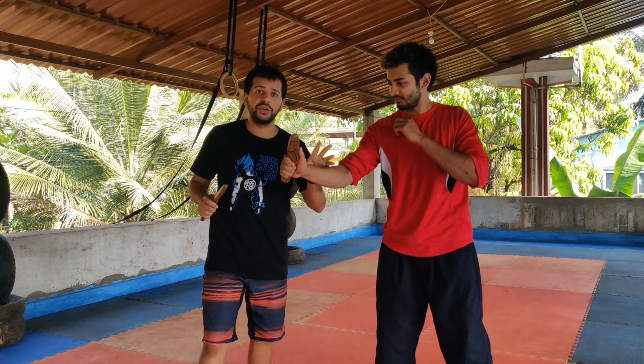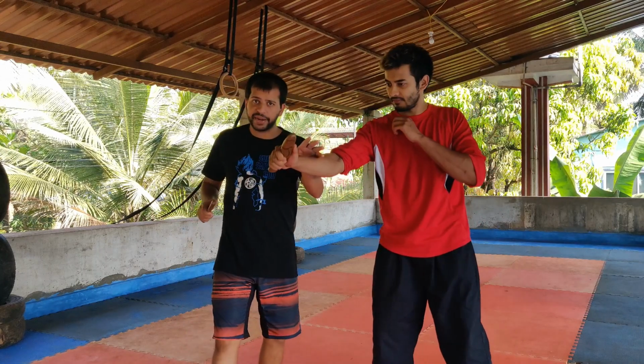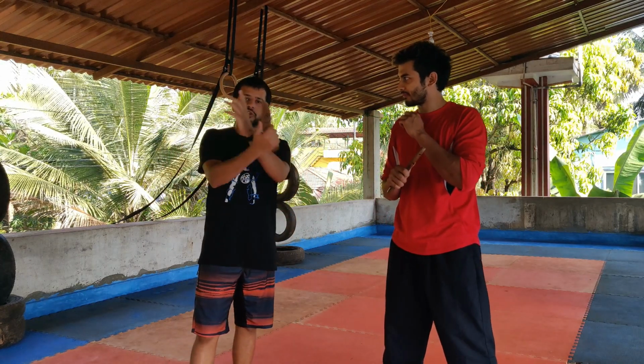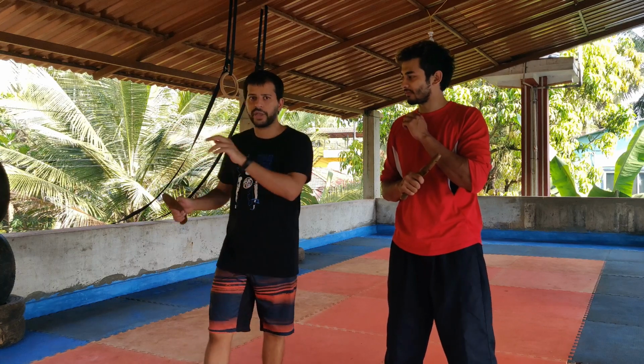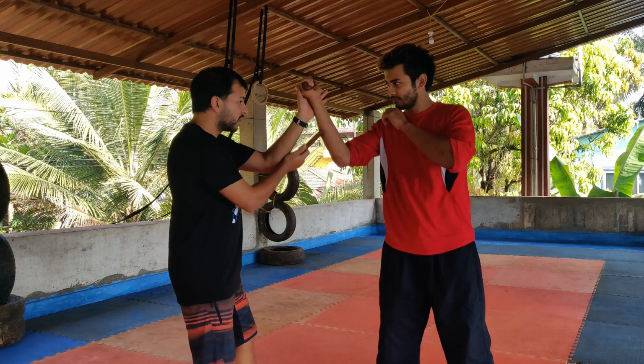I'm going to cut and parry. 2 is the only exception where you're not going to be crossing. As he's giving me 2, I'm cutting and parrying. So in everything else, it's a cross. In 2, you're following. So I cut and parry. So one more time, he gives me 1, cut and parry,